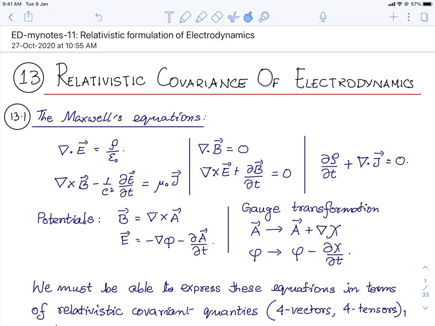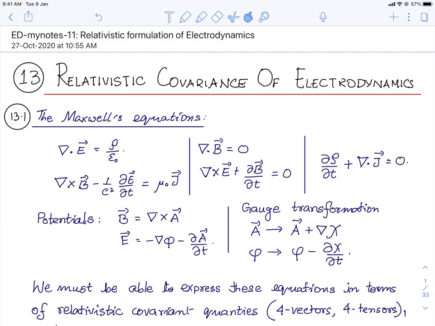Hello everyone. So in this video, we will discuss the relativistic covariance of Maxwell's theory of electrodynamics. Okay, so we have seen that the first postulate of relativity tells us that any good theory of nature must be relativistically covariant, which means that in any inertial frame we go to, which are related by, let's say, constant boosts, moving with respect to each other with constant velocities, the form of our theory